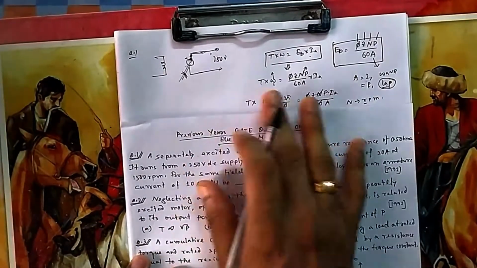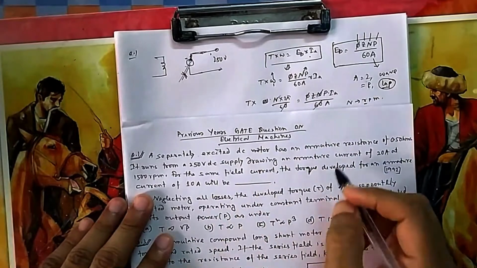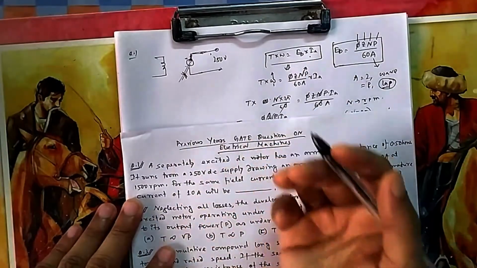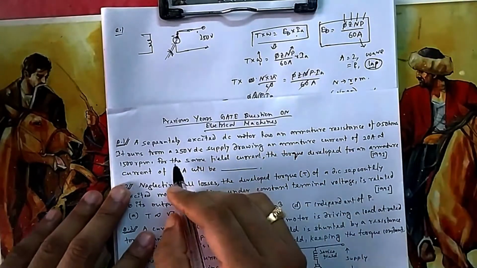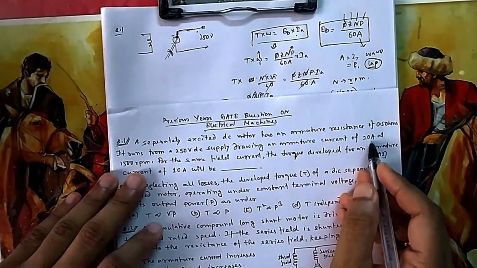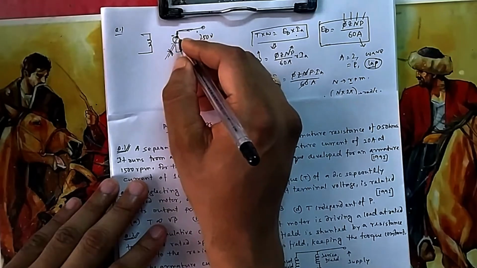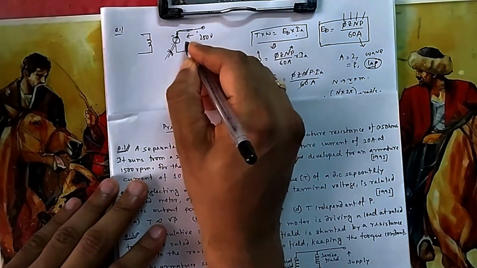I thought that I will explain all the formulas for DC machine. These are mainly required. If you require any additional formula, we will discuss that. Now it runs at 250. Initially it was drawing 20 ampere. So let us calculate what is EB here. It is drawing 20 ampere.